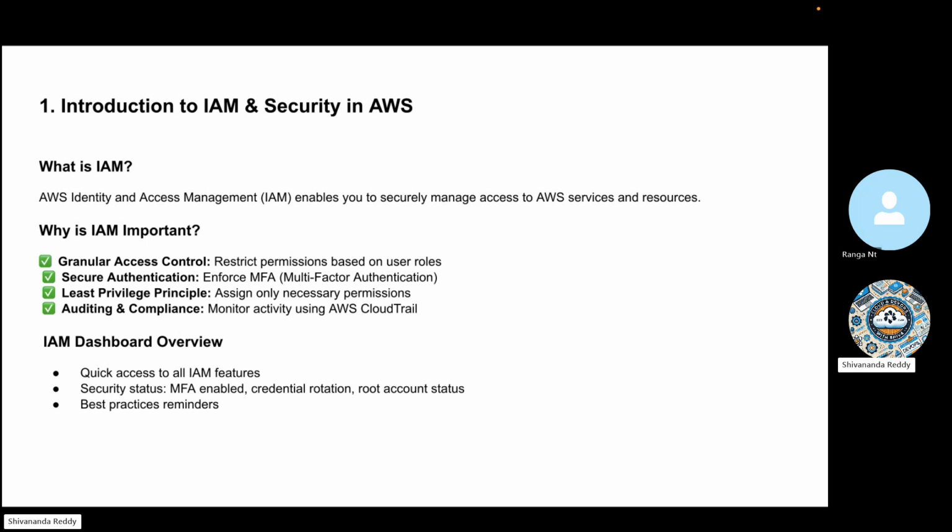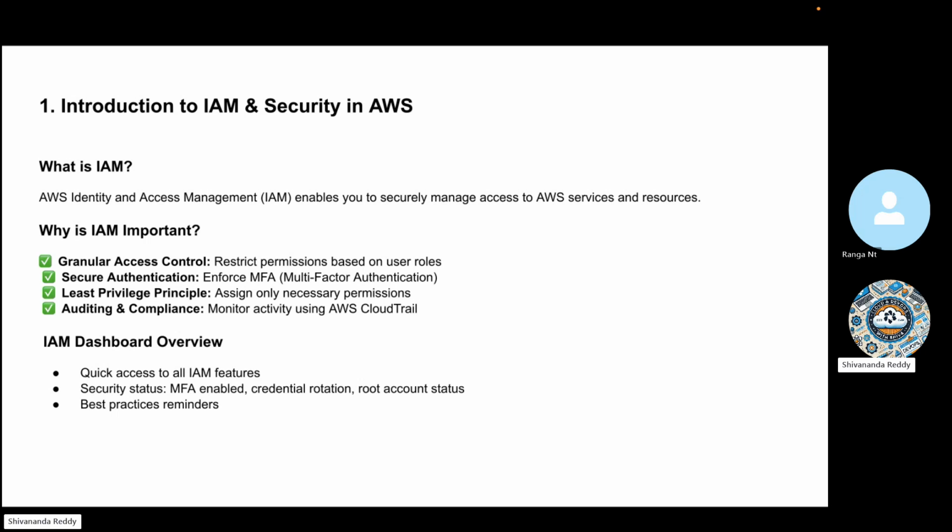Then you will get the bill. You might wonder, I am not using this many services, why do I need to pay this much? Then where is the security? That's where the OTP comes into the picture. If I enable the OTP, the person who stole the username and password cannot steal your OTP, because it is a time-based OTP. Every few seconds the OTP will change. That is security.